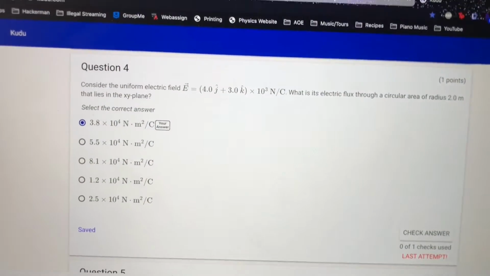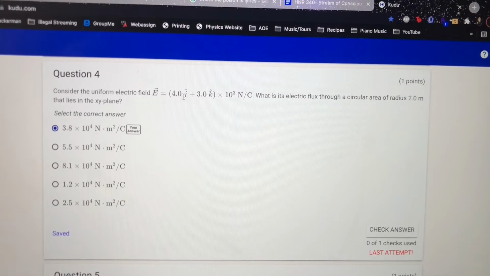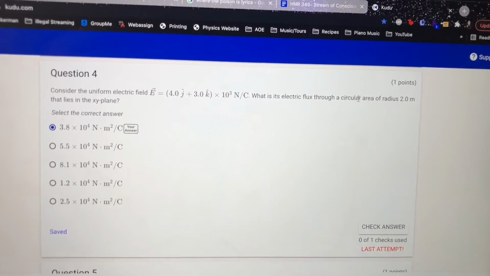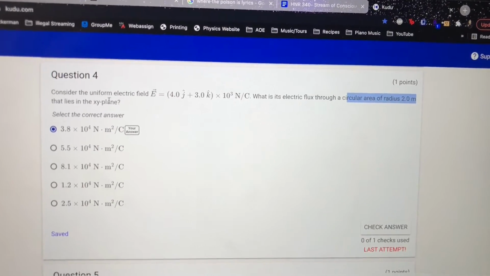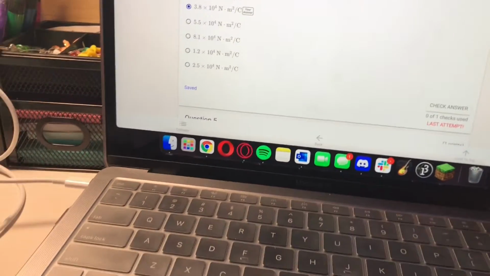Alright y'all, we're going to look at question 4 for Recitation 7, which is the uniform electric field, and we're finding the electric flux through a circular area of radius 2 meters that lies in the xy plane. So what we're going to do to start is, I'm just going to start with the easy part. The area of that circle